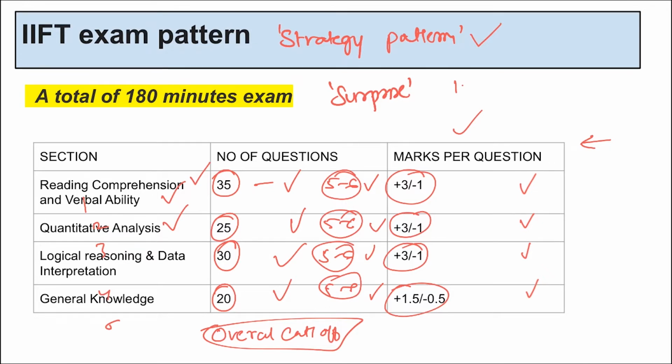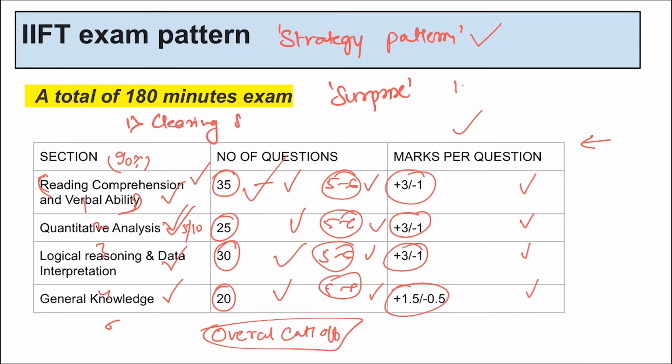Then, while solving these 5 to 6 questions, identify the section that is the easiest, where within a limited time you can solve the maximum number of accurate questions. That is, you can attempt at least 90% of the questions. So let's suppose verbal is my strong point, I'll go and solve all of those questions. Then, if I feel there are some 5 to 10 questions in quant that I can attempt, I'll go for that. Then I'll scan through logical reasoning, and then I'll complete with general knowledge. Or general knowledge, even in one go you can complete, that's not an issue. But the strategy usually should be, first